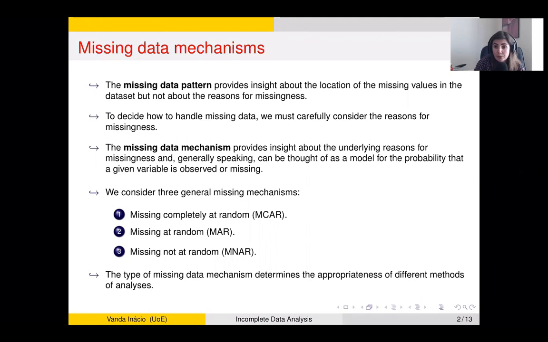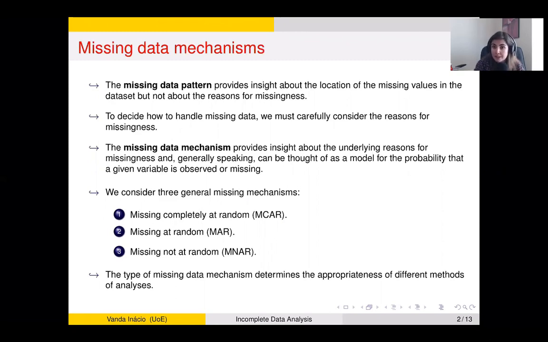We will be considering three missing data mechanisms as proposed by Rubin in 1976, and from the simplest to the hardest, they are missing completely at random, missing at random, and missing not at random. The concept of missing data mechanism is important because it determines whether a given statistical approach is appropriate or not